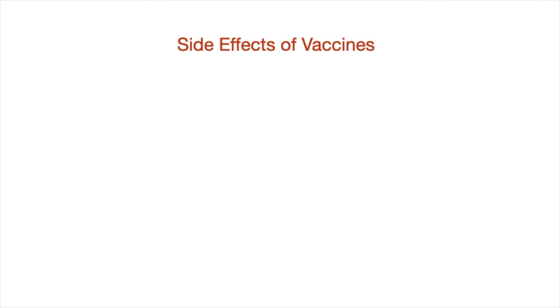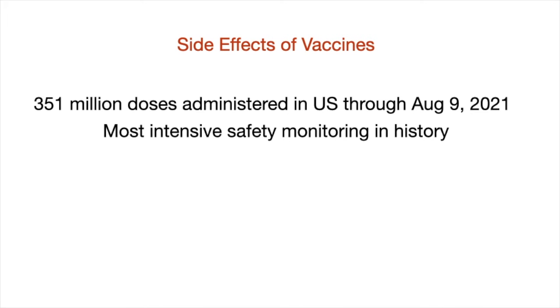Let's address the side effects of vaccines. So far, through August 9th, 2021, 351 million doses have been administered in the U.S. under the most intensive safety monitoring in history. And the rate of side effects is similar to the rate of side effects in all